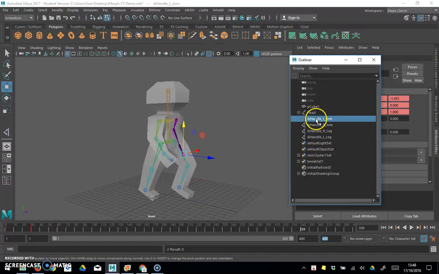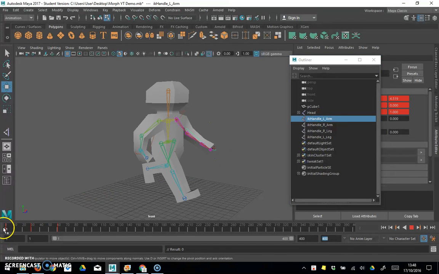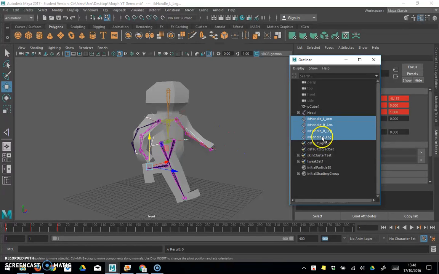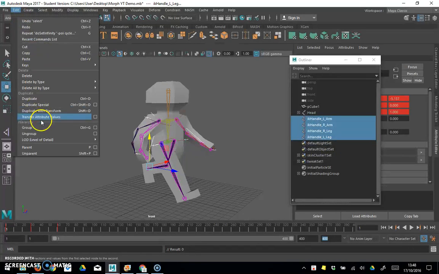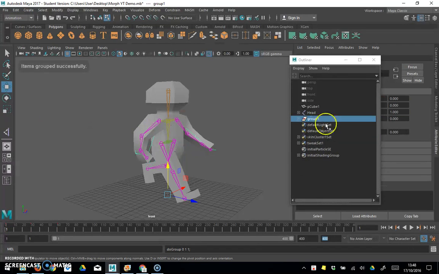So what I need to do first is come back to frame 1, and I'm going to select all the IK handles, and I'm going to go to Edit and Group. You'll see these are now in Group 1. Now this means that if I come back here, so on frame 1, I can